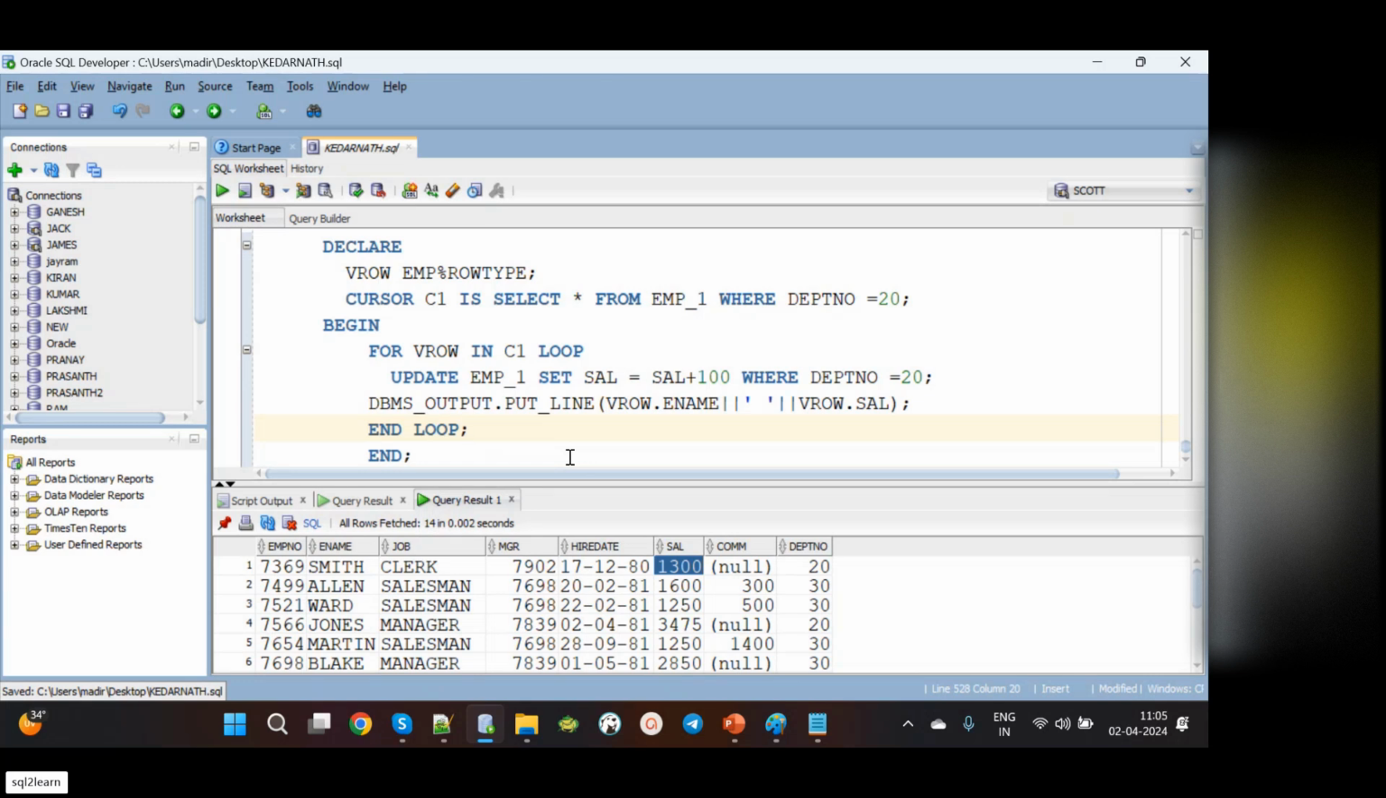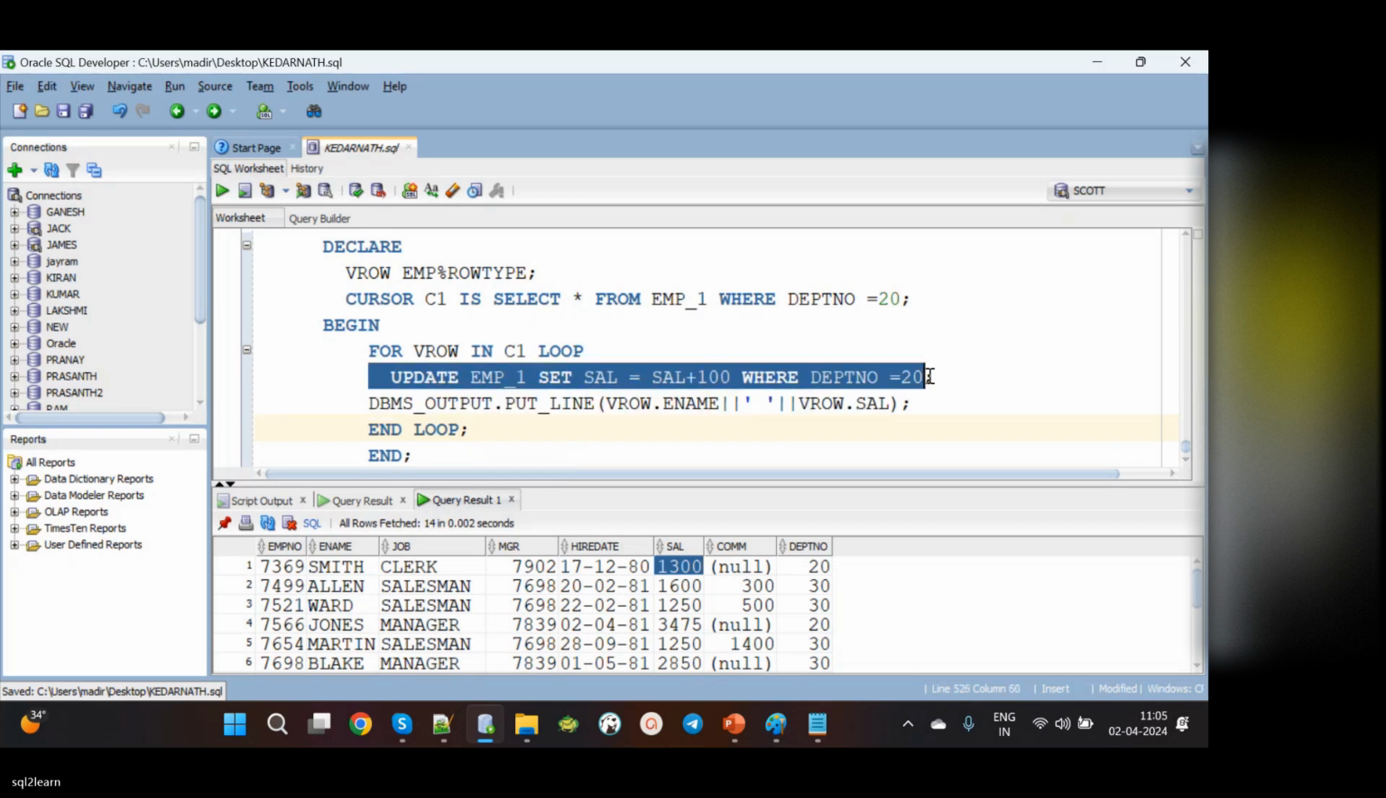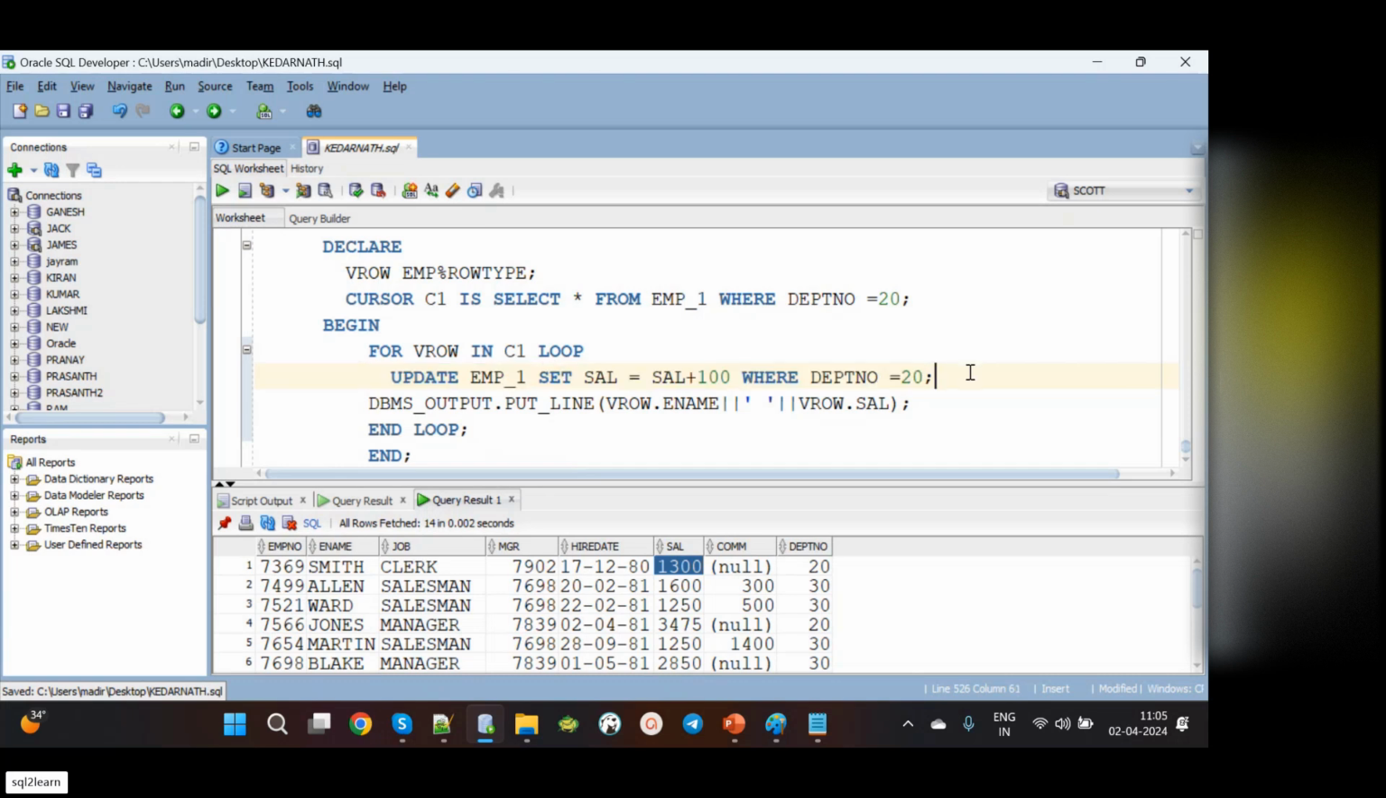Here, I need to update. There are 14 records in the table. Of those, I want to update only 5 records, each with 100 rupees. I can write 5 update statements and run them, that is also fine. But I want to do the same with a single PLSQL block. Instead of writing update 5 times, if I keep a loop, this update will run 5